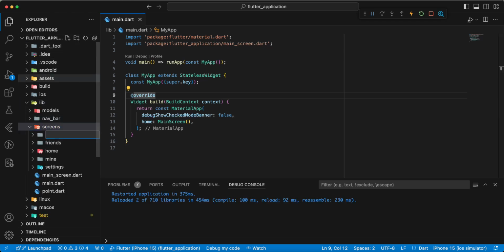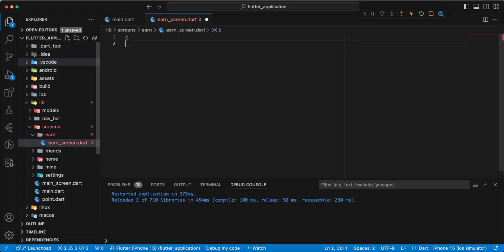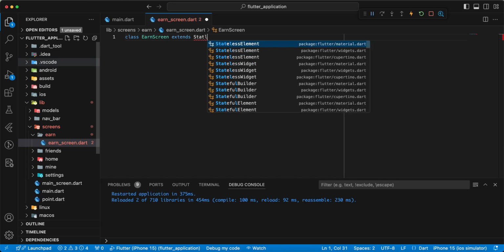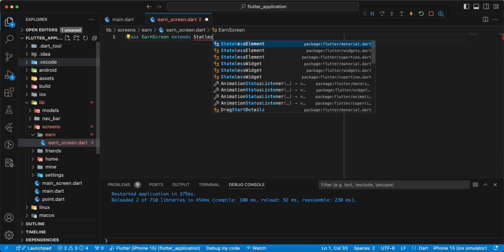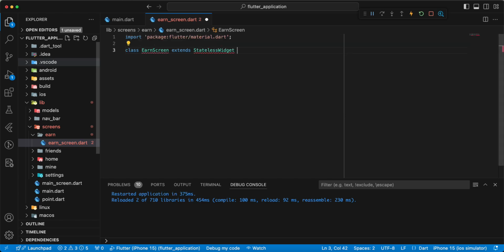Now we create a folder earn, then we add a file earn_screen.dart, then we create class EarnScreen extends StatelessWidget,